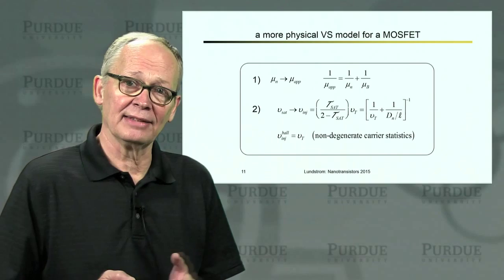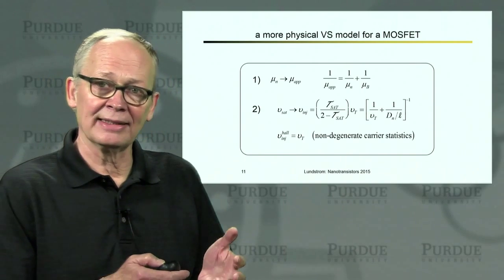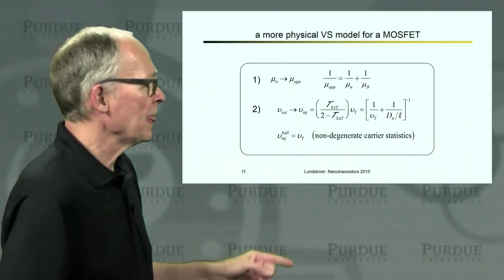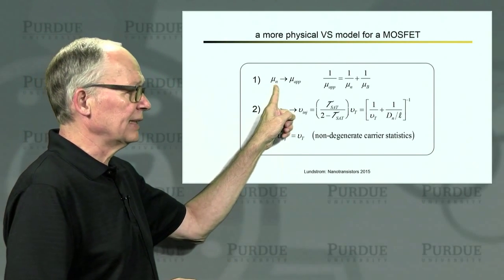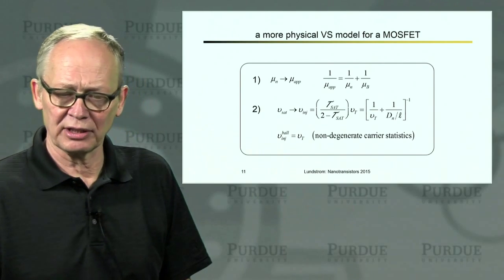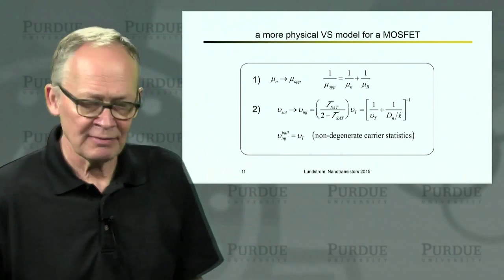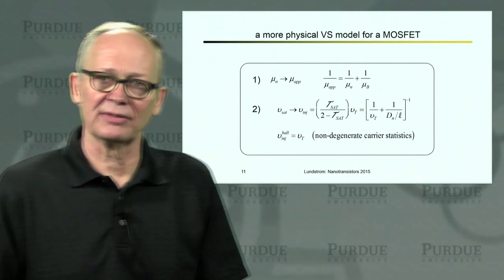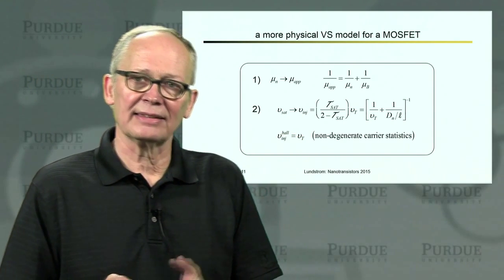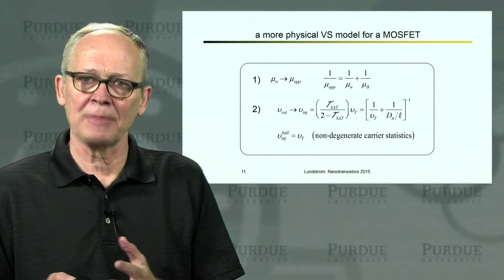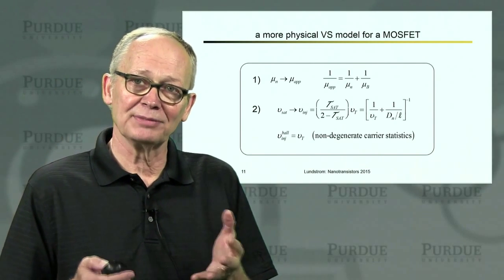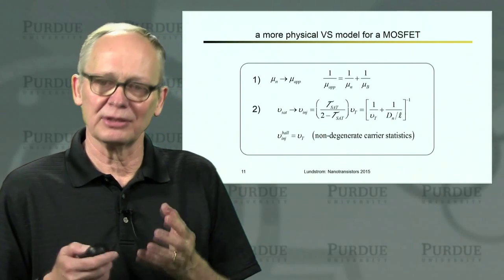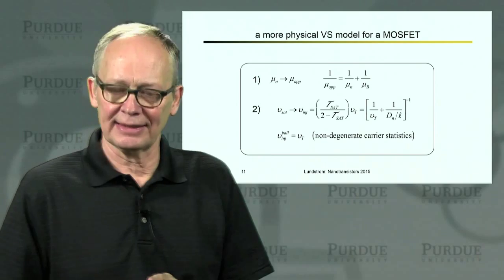Now, what we understand now, as a result of developing this transmission theory and relating it to the traditional theory, is that all we need to do is to replace the real mobility in the traditional theory by the apparent mobility, and the high field saturation velocity by this thing we call the injection velocity. And each of these velocities has a clear physical reason. We don't have to change the formulation of the traditional model. We simply need to reinterpret the physical parameters in that model in a way that makes sense at the nanoscale.